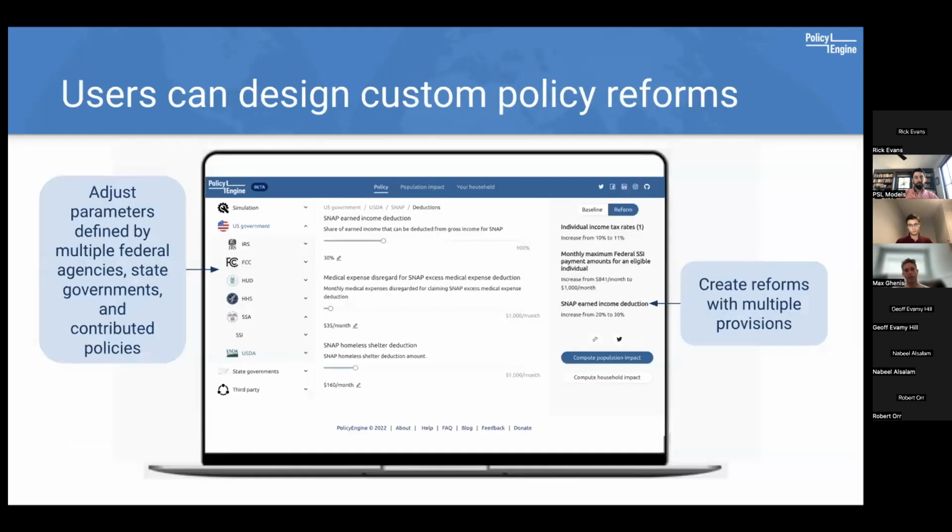So here's how it looked when we first launched, which was October of 2021. And we launched this in the US as well in March of last year. So essentially you come into policyengine.org, and the first page you see is all the policies. So policy levers organized by the agency of the government, and all the different parameters, lots of them on a given page.